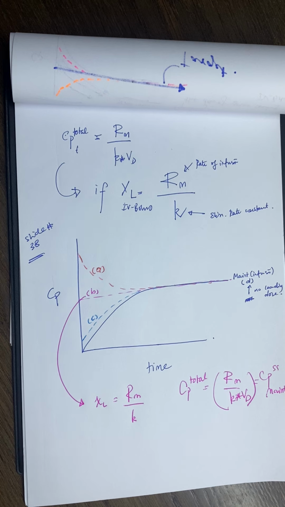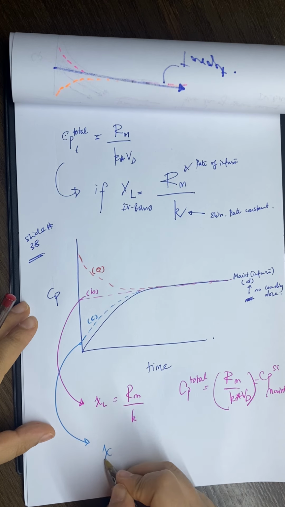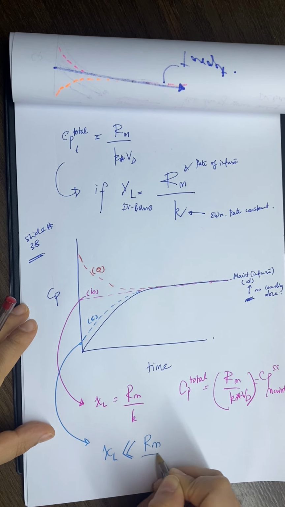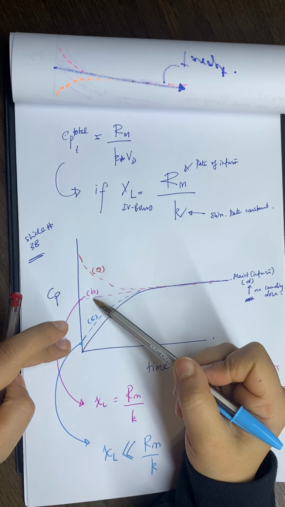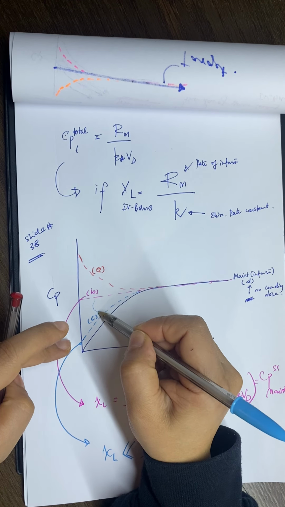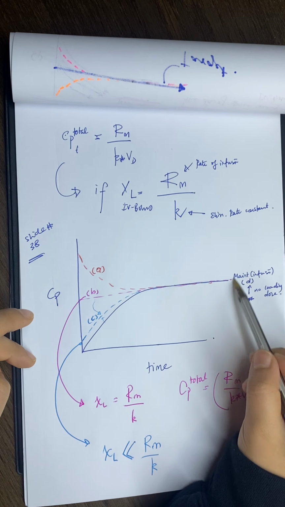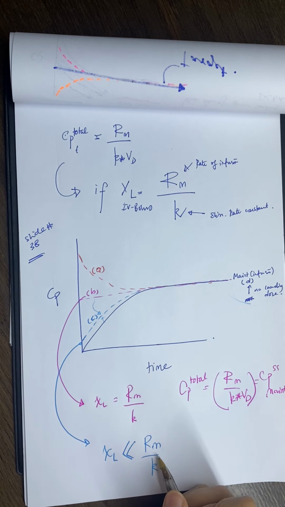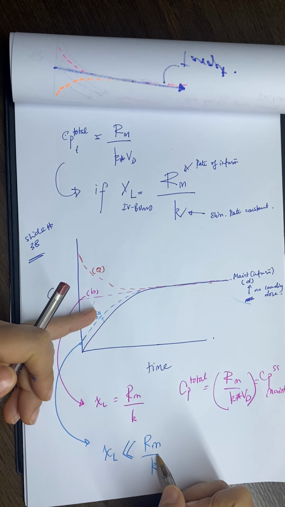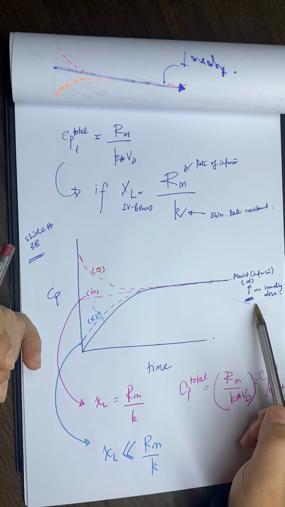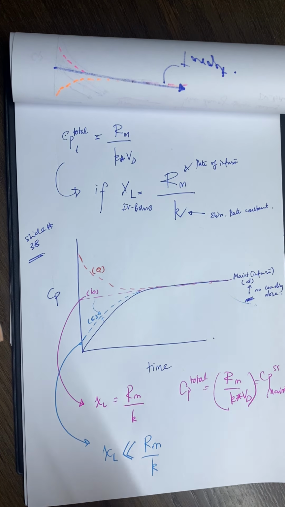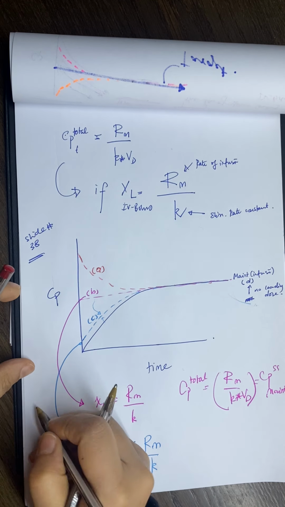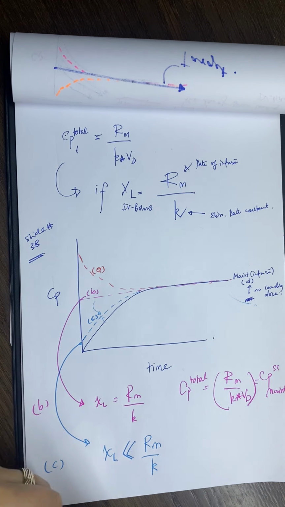Okay, and the C profile you will have if your loading is less than Rm over K. So the concentration that you will have will be less than the steady state concentration, but it will be higher than the concentration that you have by the IV infusion by itself, which is common sense. You are giving another thing, not with the dose that you want. So it will give you a little bit higher concentration, but not the desired concentration that you want. So this is C, this is B, and A,